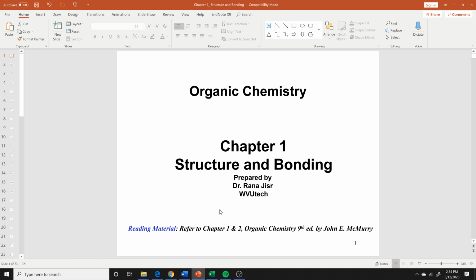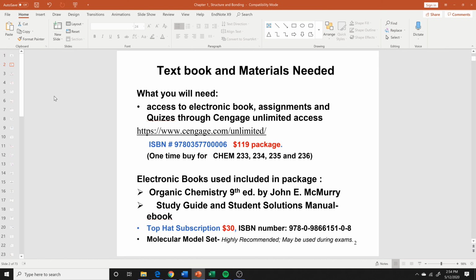Chapters 1 and 2, they summarize a chapter 1 in this PowerPoint. Normally these PowerPoints are kind of comprehensive. So in case you would need additional information, you can go ahead and read more in the chapter. It's not a must to read more because I normally include everything in the chapter. Now, in order to access the book,